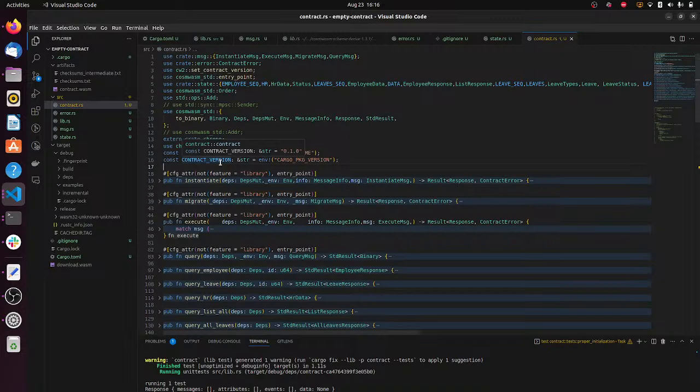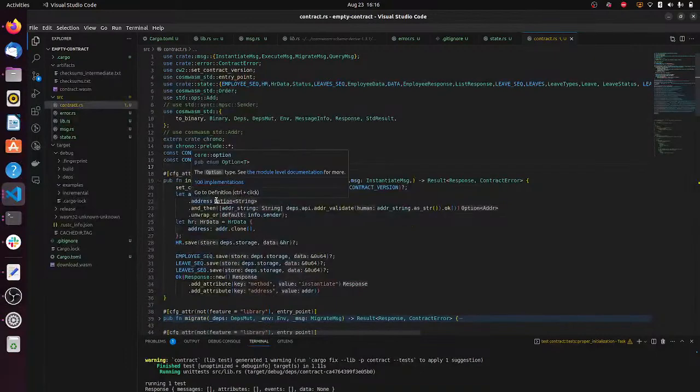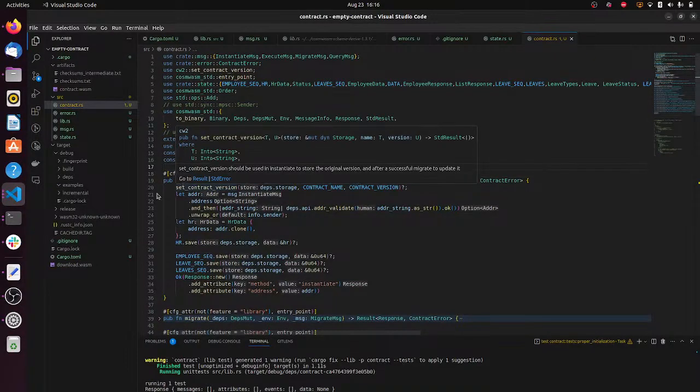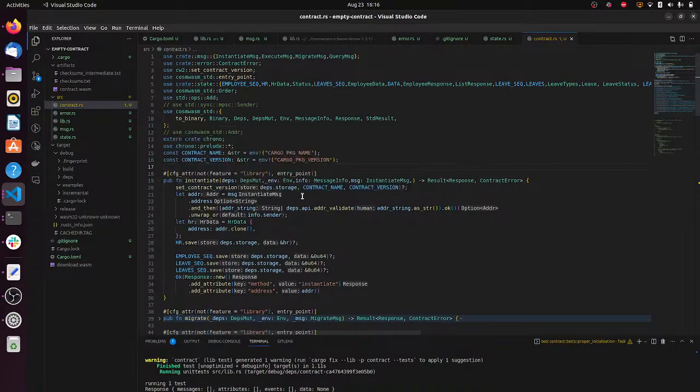If it is immutable, we don't need these parameters. But if you want it to be mutable, it's mandatory that we give it a name and a version, such that whenever the contract is migrated, we know which version it is. And there's also another mandatory function, set contract version, which creates a contract version each time